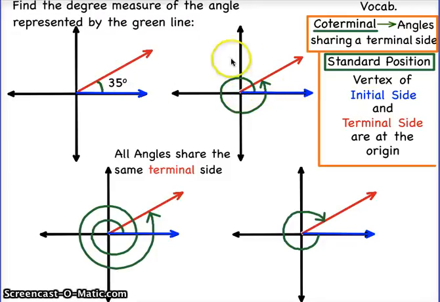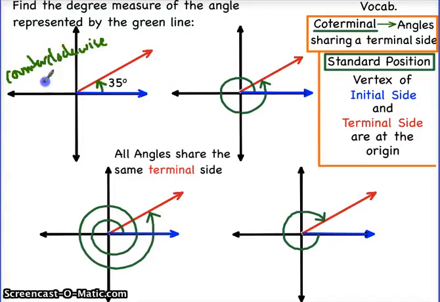Well, coterminal angles are angles that share the same terminal side. So all four of the pictures given here all have the same red line on them. We're going to assume they all have a 35-degree angle as their terminal side. So this first angle, as you can see, goes from the blue line, your initial side, to the red line, your terminal side. And if you head directly there, counterclockwise, remember being a positive angle,